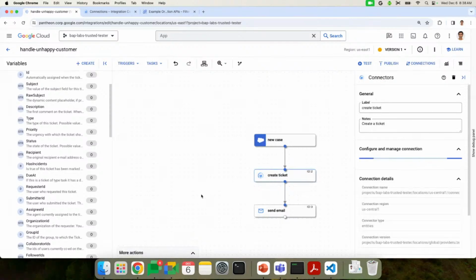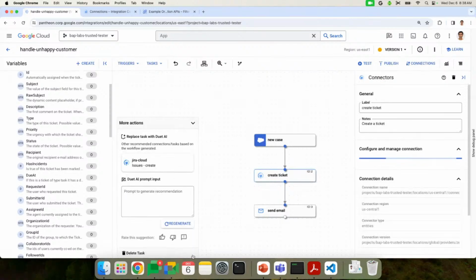Here you will see that it is even suggesting. It is not only one-time skeleton generation. Duet AI is there as a true companion to you in every step of it. As you could see, when I clicked on create ticket, it proactively said, oh, there is another system used within Cloud9 which also has something very related called issues.